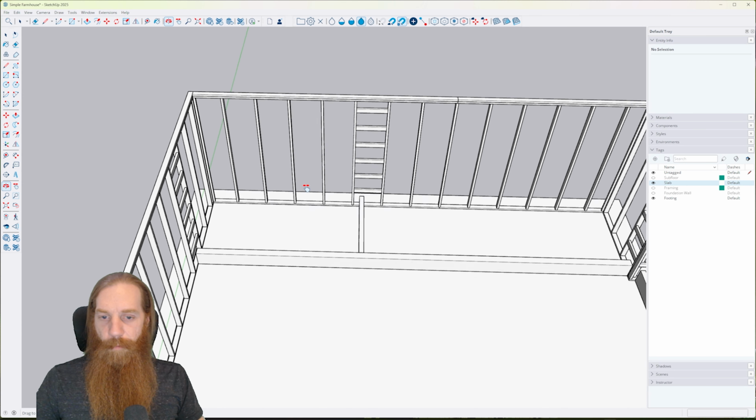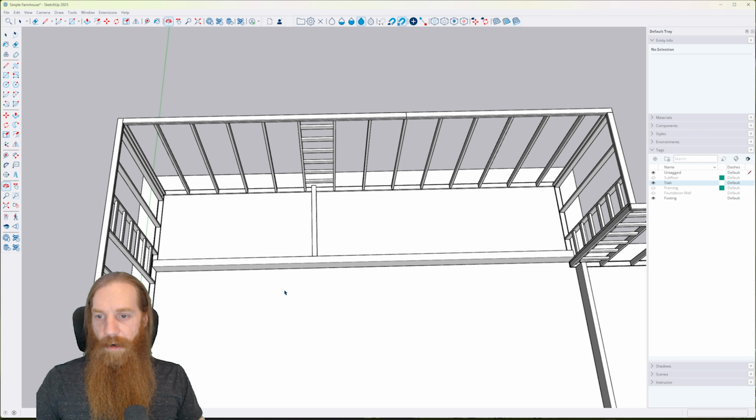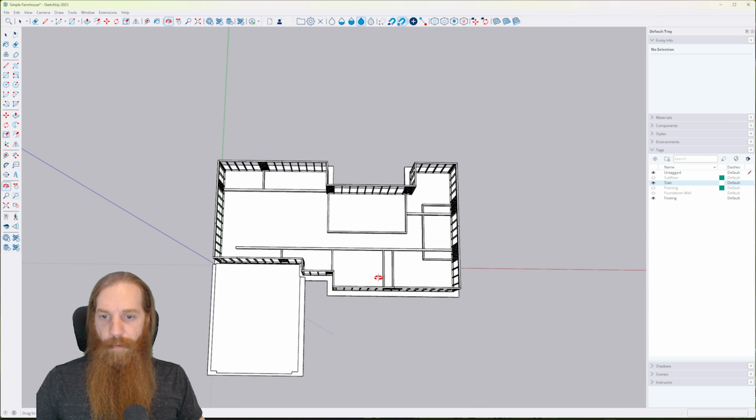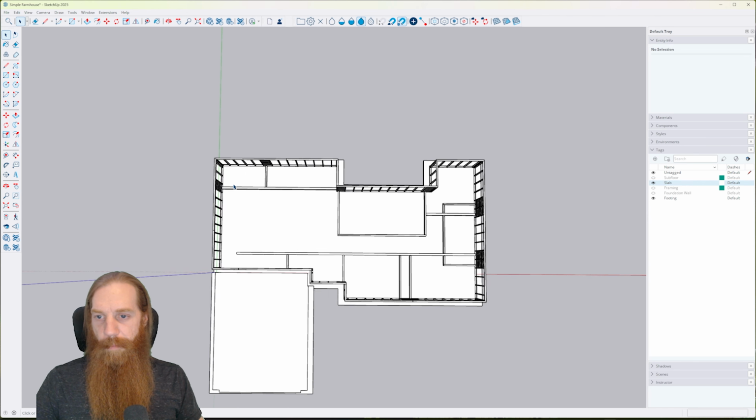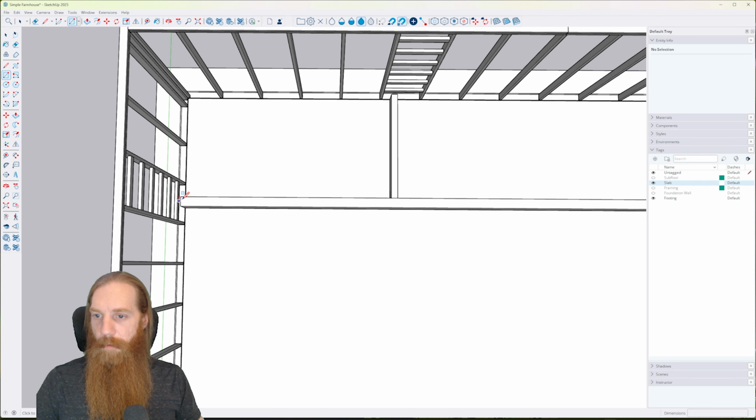So we're going to do the same thing. We're going to follow that same method, but I am going to start up here in the top left corner of the home's floor plan. So right up in here, and we'll start with the 2x6 wall. Why not, right? So what we need to do is go 16 foot by 5.5